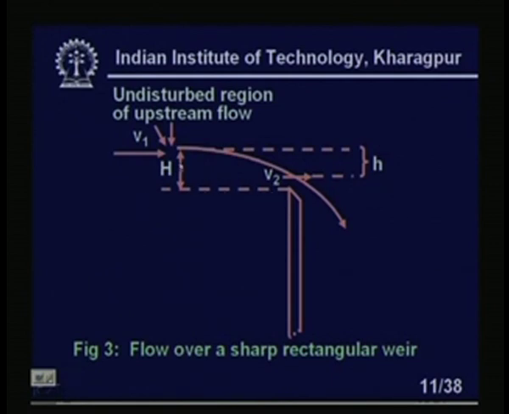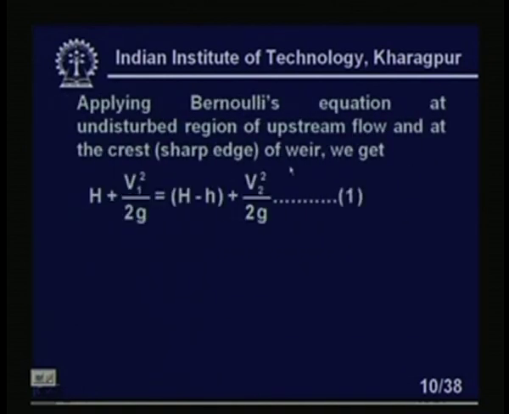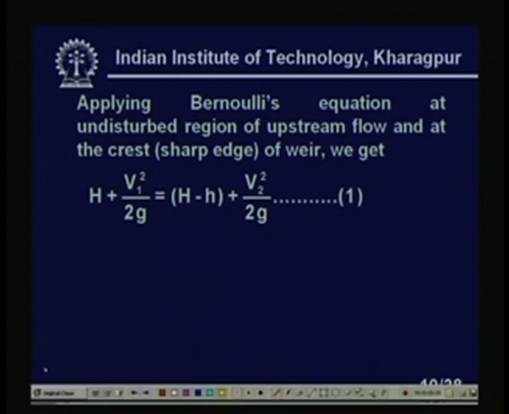So, this is H height plus V1 square by 2g. At this point it is V2 square by 2g plus, if I take this as a datum level, H minus h where V2 exists. So, I can write this equation. Interestingly, you can see here that all terms have dimensions of height, because V squared is meter square per second square and g is meter per second square. So, obviously, it will be in meter, clear. No problem on that side. Dimensionally it is correct,